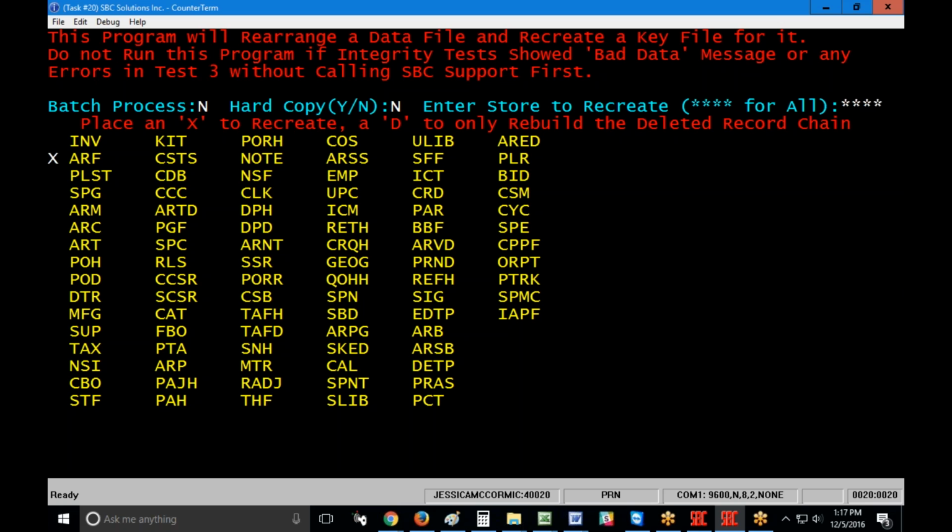Keep in mind, the more files that you have open or the more files that you plan to run, the longer the SBCLink might take. So if you're doing it in the middle of the day, you might want to just choose the file that's actually the problem. I can either press my enter key or I can hit my home key to the bottom of the screen, and then I'm going to press the enter key to run